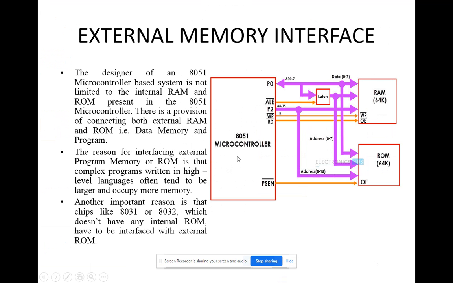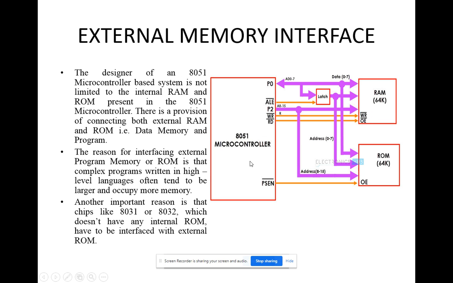Next topic, external memory interface. So here we are going to include an external memory device. We are going to interface an external memory device in addition to the internal memory. In some cases, the internal memory will not be sufficient for the user. So in that case you will be using external memory for